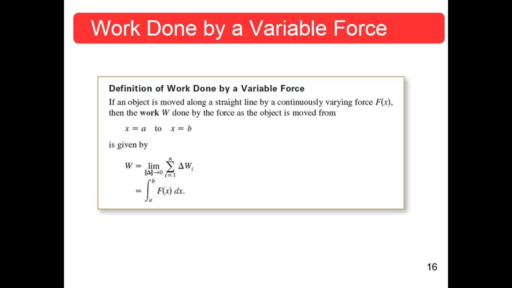So here's the definition of work done by variable force. If an object is moved along a straight line by a continuously varying force, alpha of x. Now what does that mean? It is not alpha of x here for a while and then it jumps to here and then to here. That's not continuously varying. This is a smooth varying force. Then the work W done by such a force as the object is moved from A to B is